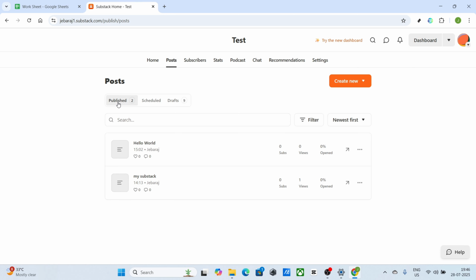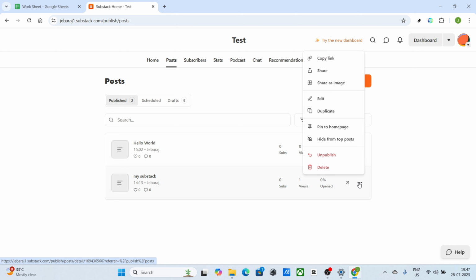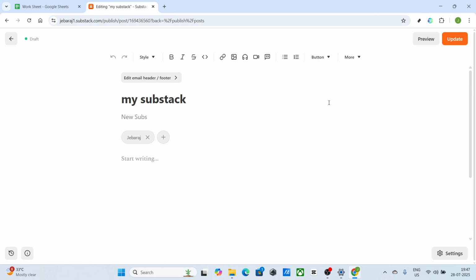In the Published section, you'll be greeted with a list of all your live posts. Take your time to scroll through and find the specific post you wish to edit. Look for a set of 3 dots next to the title of each post. This tiny menu button holds the key to your next steps. Click on these dots to open a drop-down menu, which will reveal further options. Once you have clicked on those 3 dots, you'll see an option to Edit Post. Click on that, and you'll find yourself in the editable interface of your post where you can freely make any